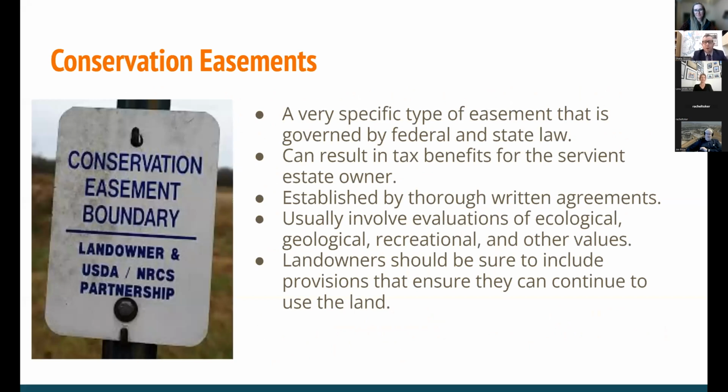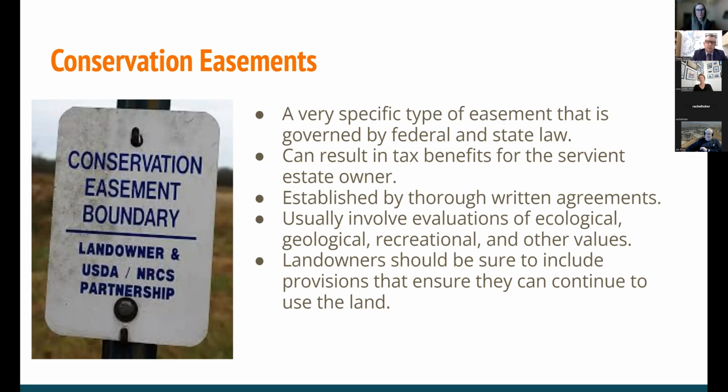Okay, next type of easement that I wanted to talk about is conservation easements. Conservation easements are a type of express easement. They're agreements between a landowner and the holder of a conservation easement. But the purpose of a conservation easement, unlike other easements, is not necessarily for access to land, but instead